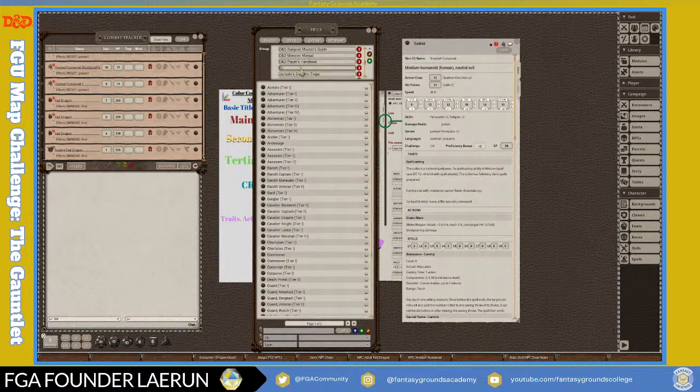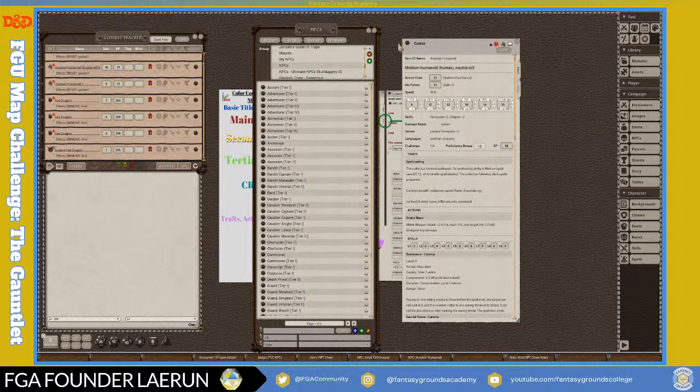And in this case, it will be NPCs. I'll name it my NPCs so it's different and I don't overwrite something that's already there. This way, anything that I build is going to be in that group. So now that I have the group, I'm going to look for my